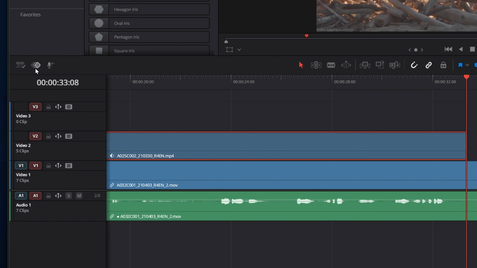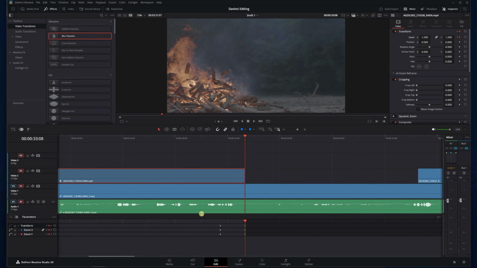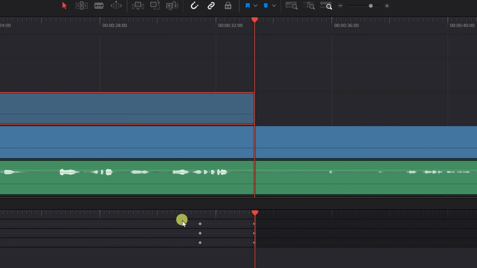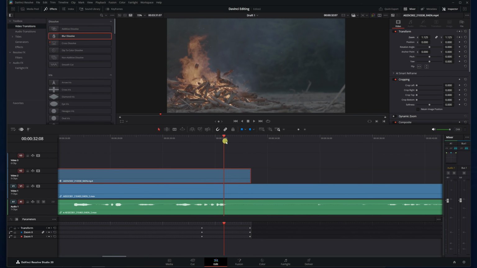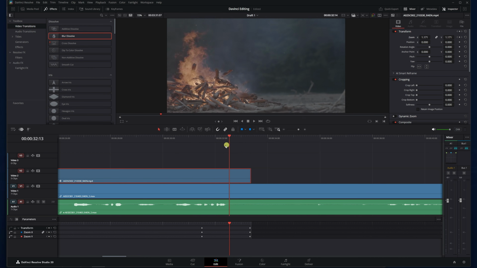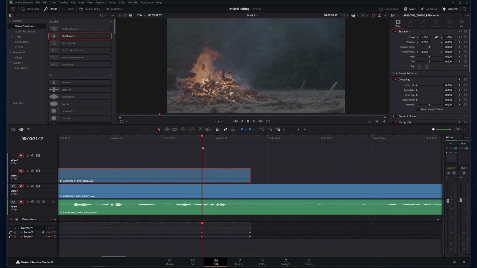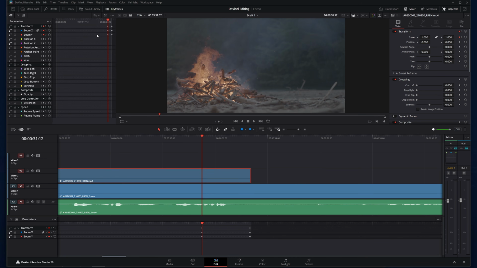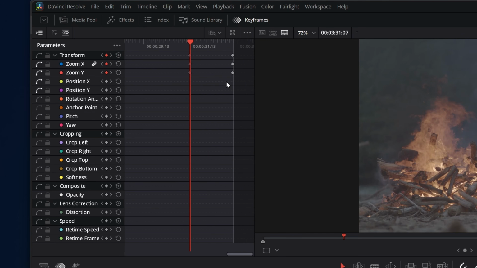One way to see what's happening is to click here to show the keyframe tray. I'll adjust these so you can see it a little bit better. Now we can select them, drag them around, delete them, whatever we want to do. So these keyframes are telling my footage to slowly zoom in from my initial to final values across this span. And we can also see our keyframes up here in the keyframe window that I showed you earlier. And we can get a better view within that window by Control or Command plus or minus to zoom in.